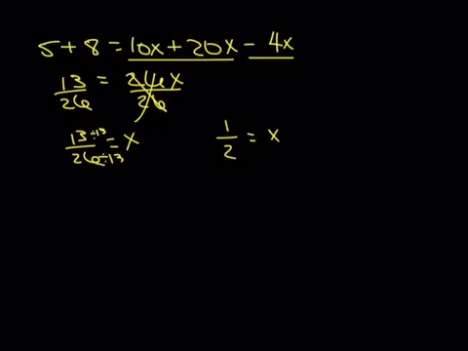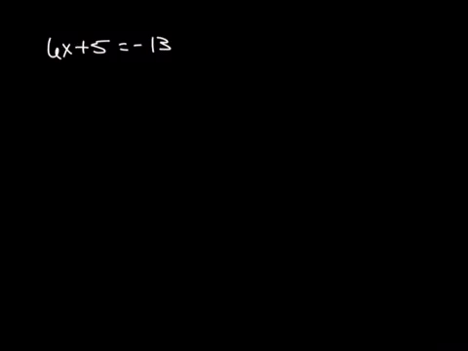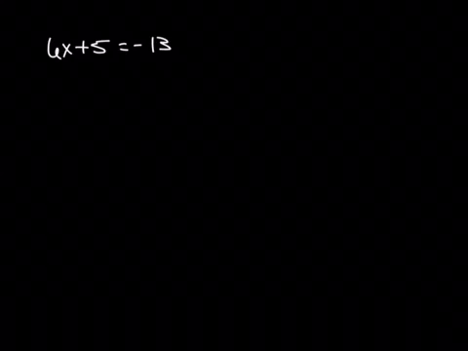Alright, let's go to example number 6. Alright, so this one has a combination of a couple things going on. We have a number multiplied by x and a number added to the x. Alright, so when you're trying to simplify or kind of like undo,